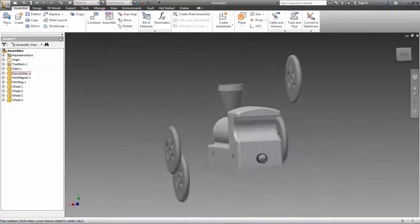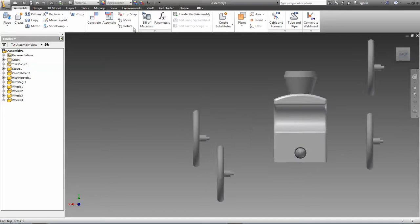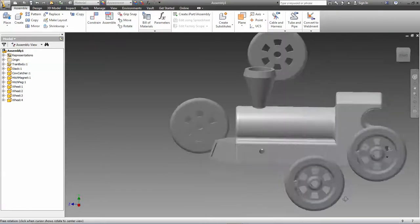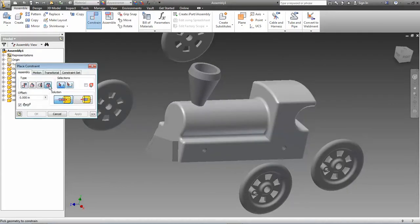So the way I like to do that is just go from this view here, select the rotate command, flip it around. Again, it just needs to be kind of close. It doesn't need to be perfect, right? Then select this one, rotate that around, and now I've got those two wheels in roughly the proper orientation. I can do my constrain, insert,